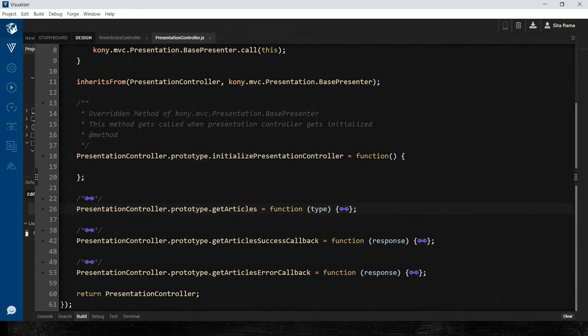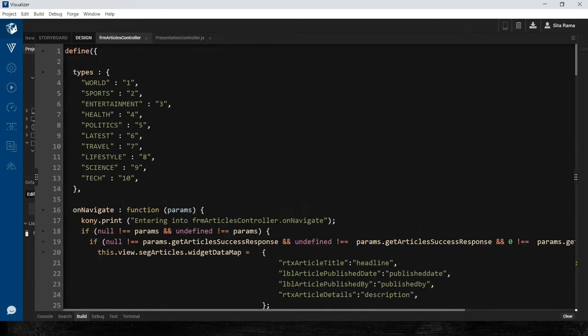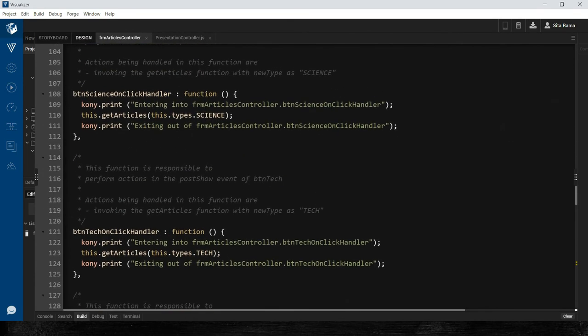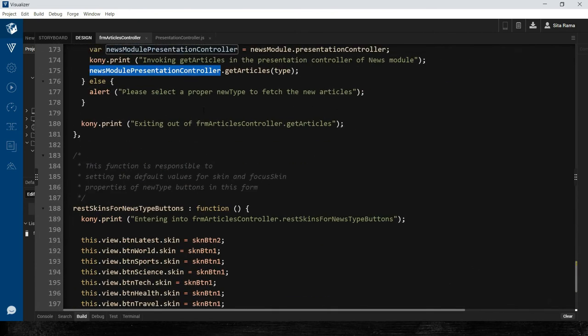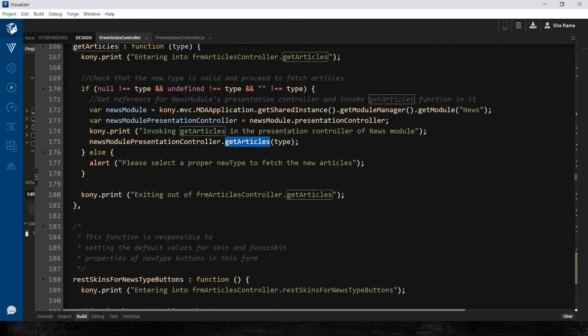To link this back to the form controller, if we look at the implementation there, we will see that we are invoking the get articles function present in the presentation controller, and we are passing the news type as an input to it.